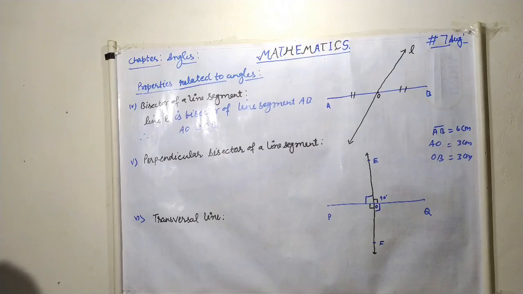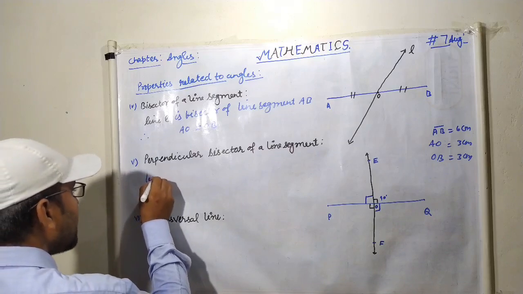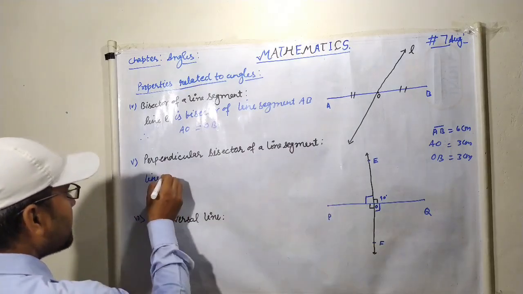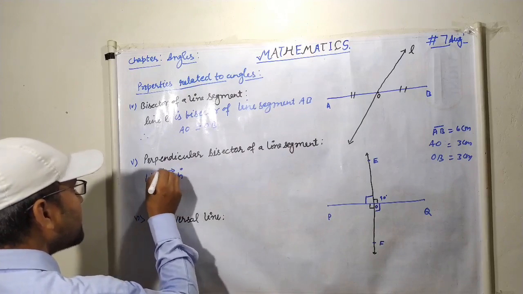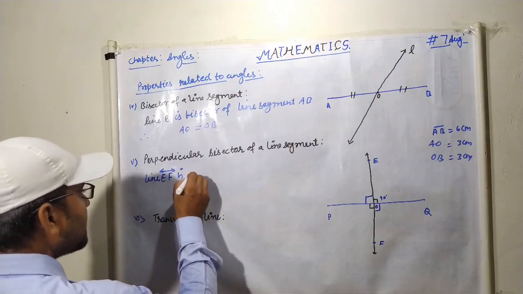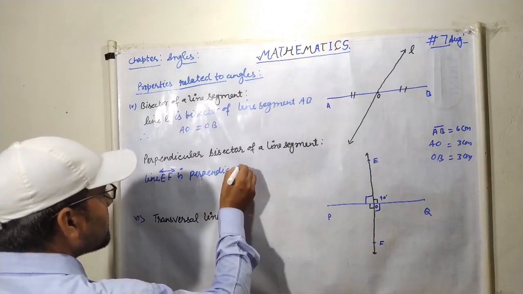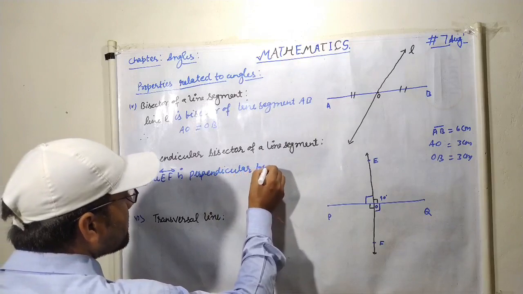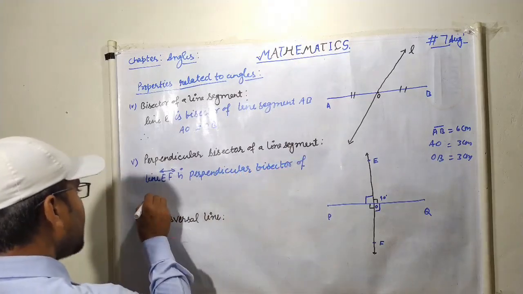So line EF is a perpendicular bisector of line segment